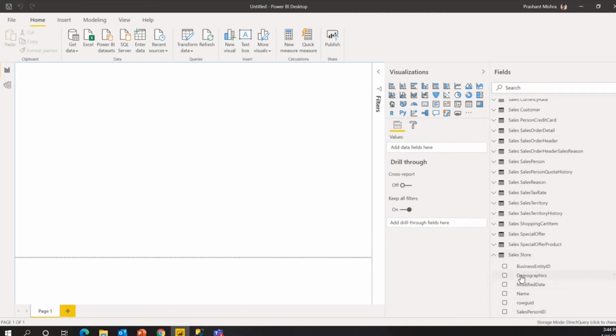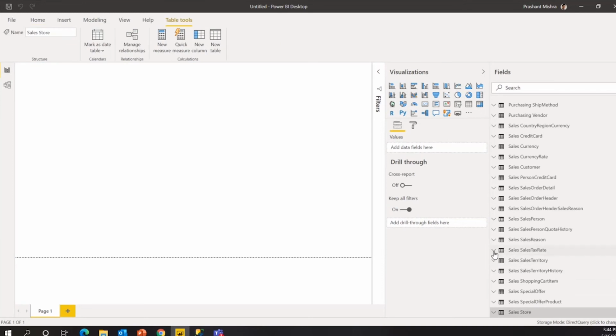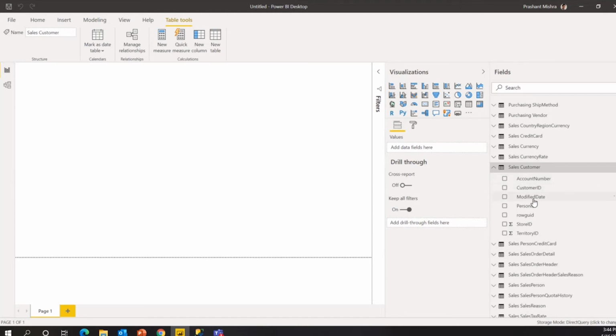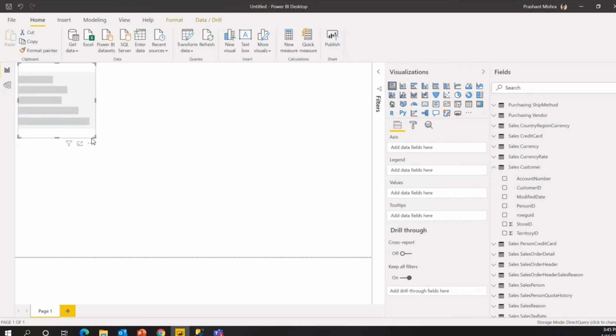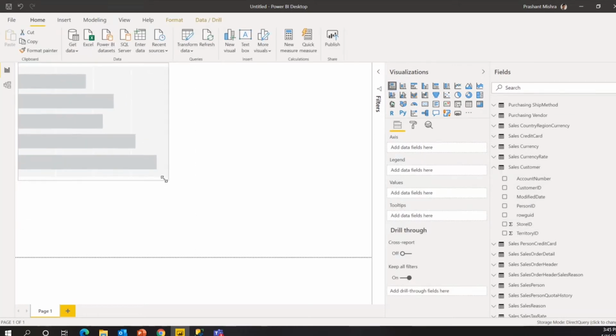Okay, so I want to just show the count of maybe sales or whatever. Business entity ID, I don't want to pull sales reason. Okay, let's go with sales customer. That may be the number of customers based on territory. So I will create this, and I want to select this chart.